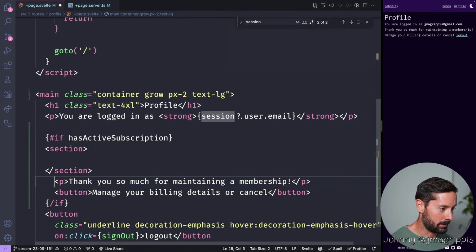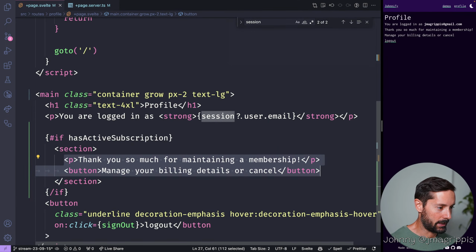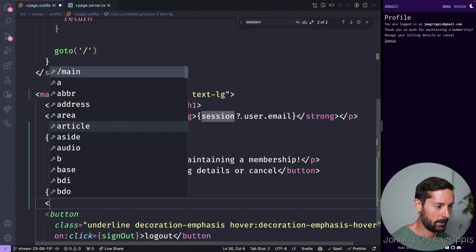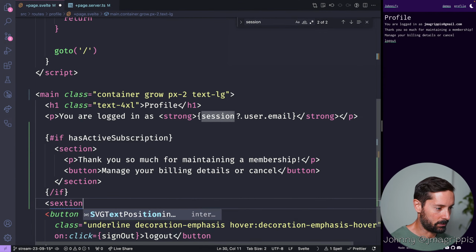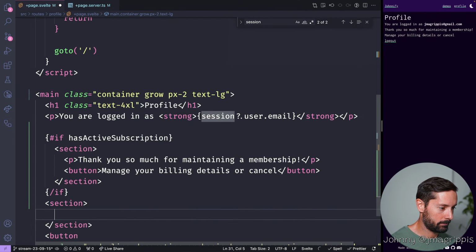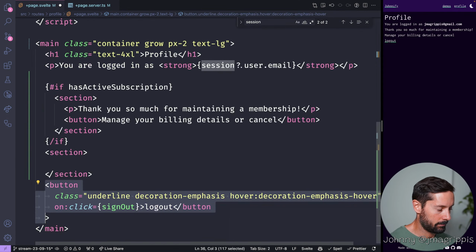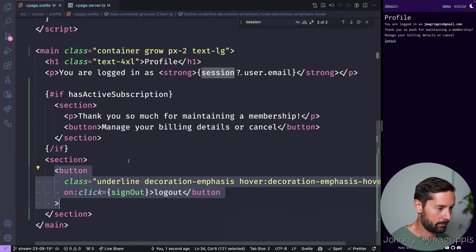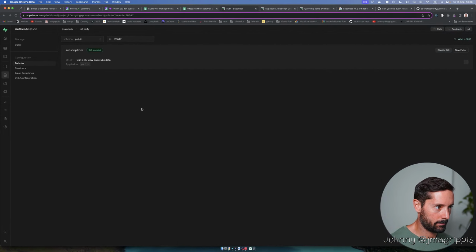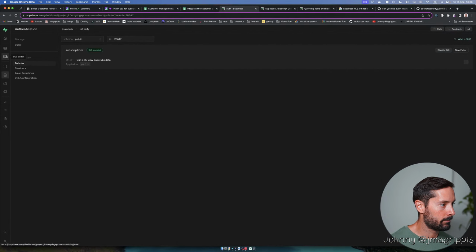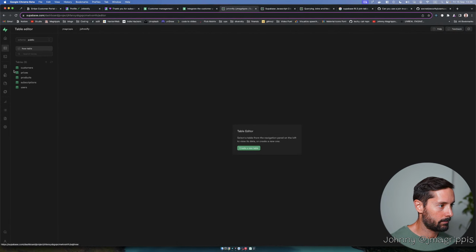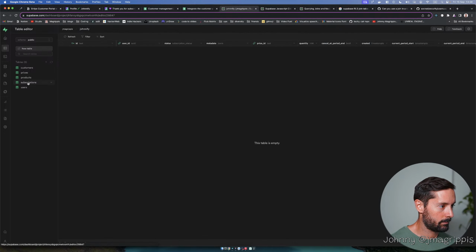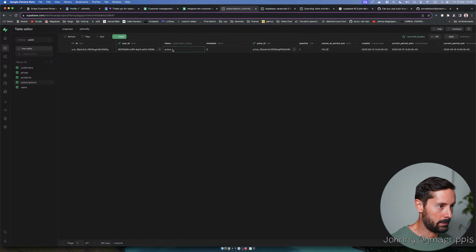Have this be the if they have an account section, then they can have another section for logging out. For example, if the subscription status somehow was inactive,